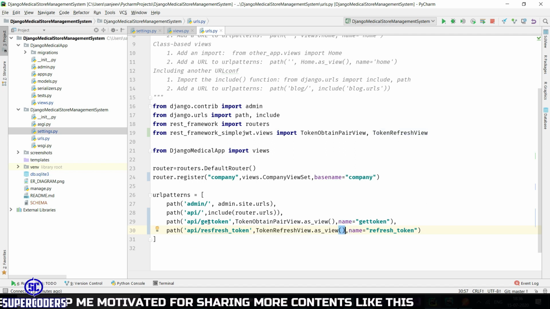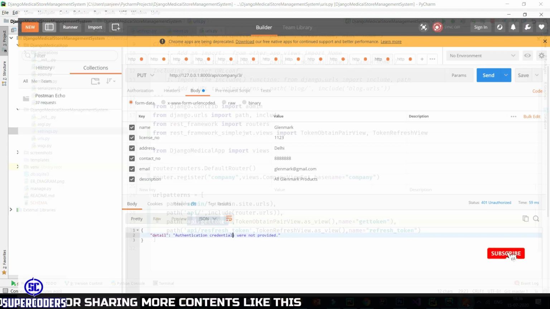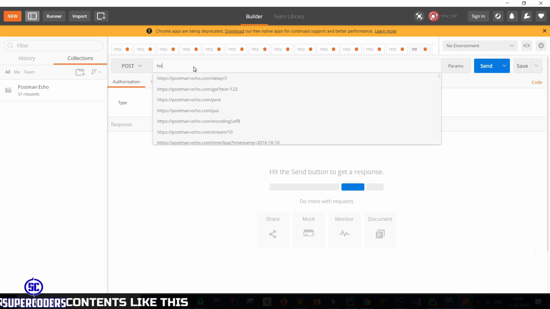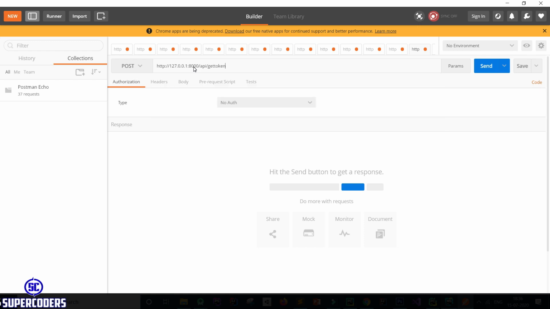Now let's see how you can create a token. So first copy this URL and come back here. Now open Postman, select POST, then http://127.0.0.1, port, then the URL.